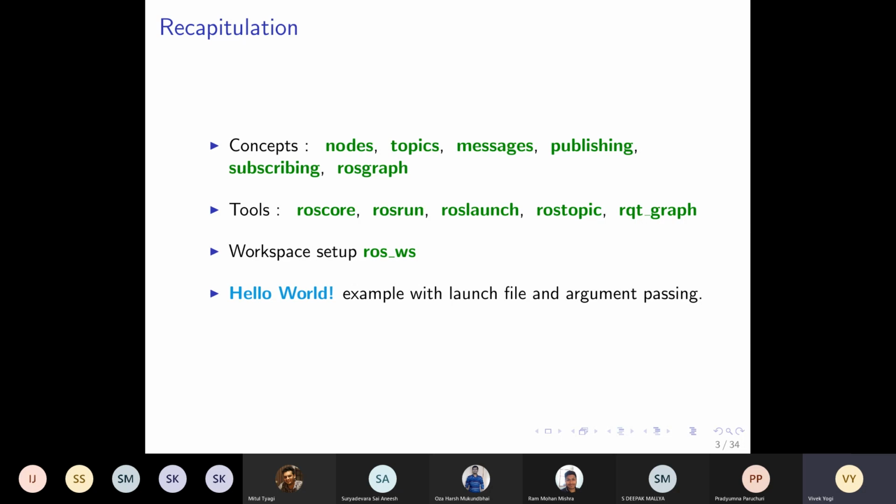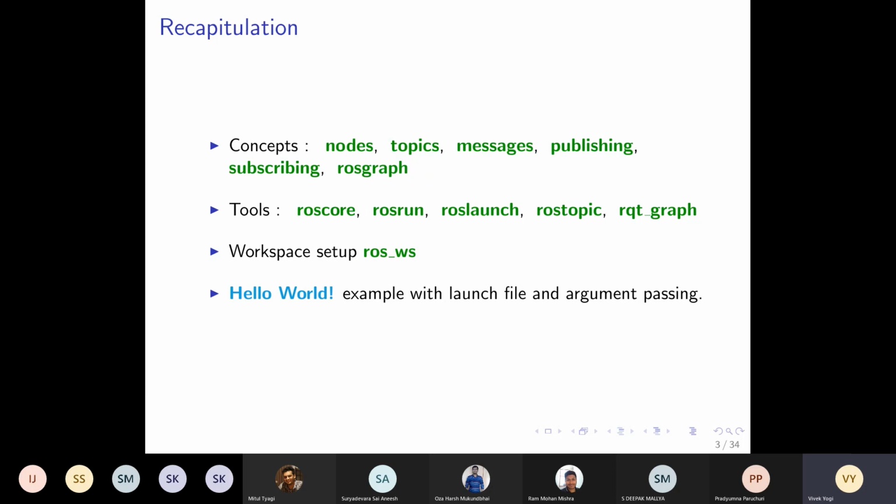Basically ROS allows us to run these programs which are called nodes, and these nodes pass messages with each other, and that's how this whole thing works. Now these nodes cannot talk to each other directly, so we need a mechanism, and that mechanism is the topic.